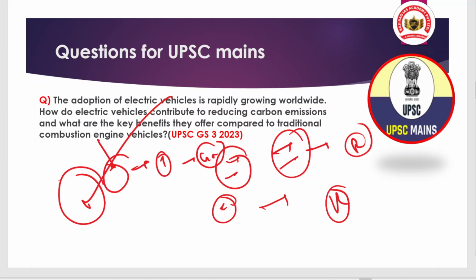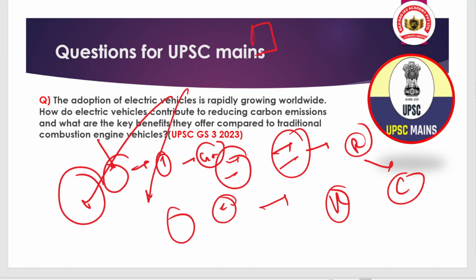But remember, when we talk about charging of these vehicles, there is a need to understand where the energy we are charging with comes from. And if the energy comes from coal, okay, that means we are indirectly contributing to it. For example, let's say